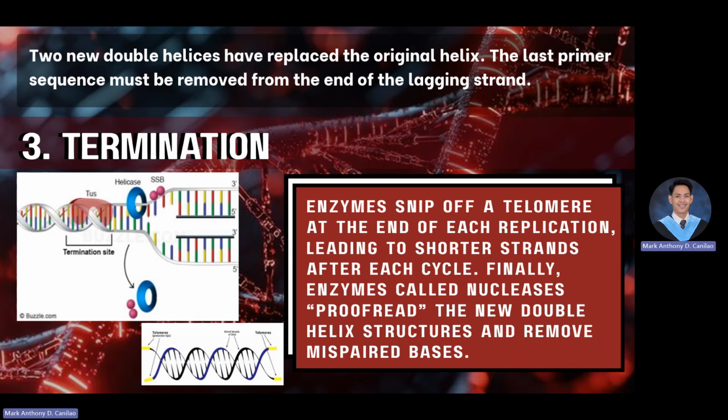Okay? So, going back to the termination, we have an enzyme known as nuclease. Nuclease is used to proofread the double helix that we have manufactured so that we can prevent mutation in the process. Again, in DNA replication, we have to manufacture two identical daughter cells or two identical molecules of DNA. Therefore, what is in one should be similar to the other. And we can only prevent mutation by proofreading the whole sequence of the DNA that we have synthesized with the help of nucleases.